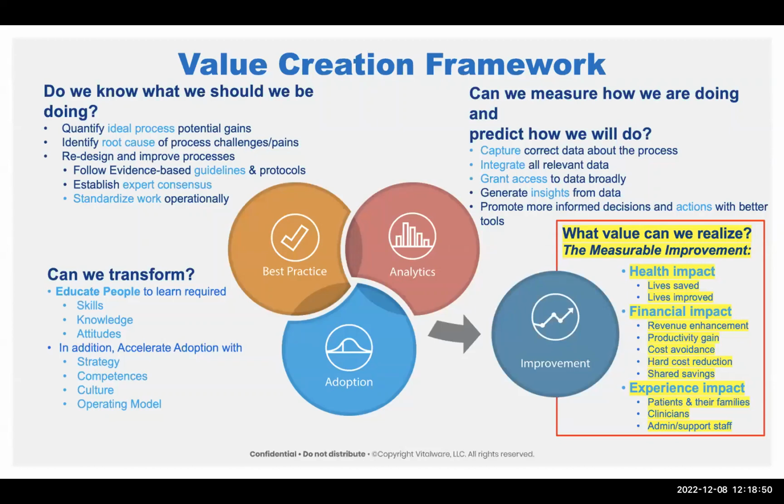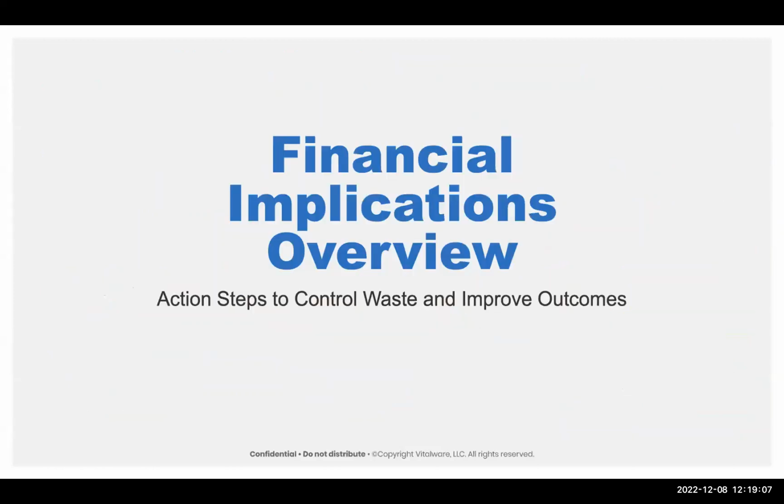So we've attacked all of these things at some point in time through our revenue cycles. We have HCAHPS scores. We've got all these different things to look at quality and what have you, but we don't necessarily see a broad picture. So I'm going to go right ahead into the financial implications, and these are ways to improve outcomes while controlling waste.